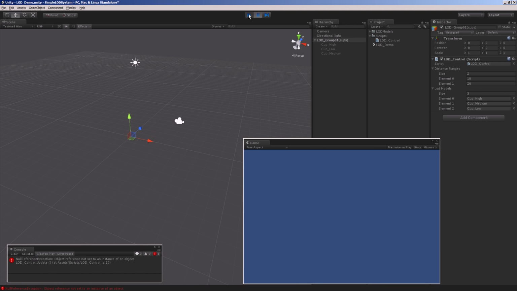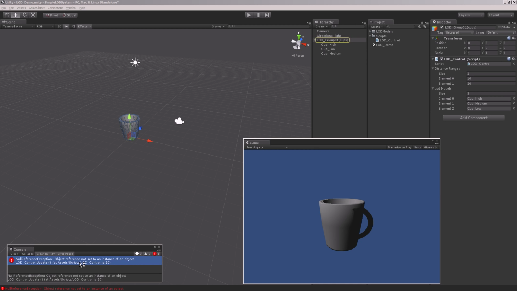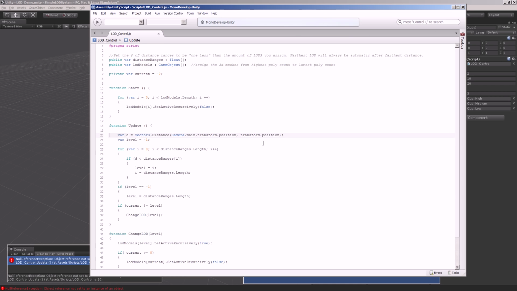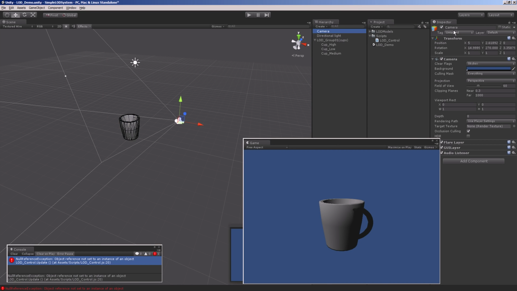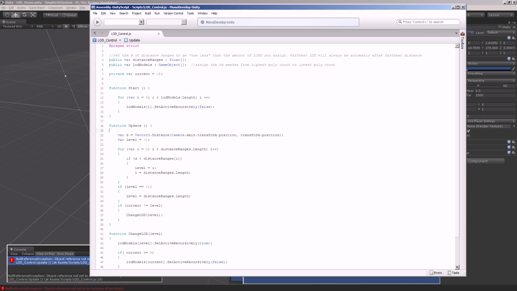Okay. Oh, we have a problem. Object reference not set to an instance of an object. Camera main. Oh, that's because my camera is not tagged main camera. Now, we could